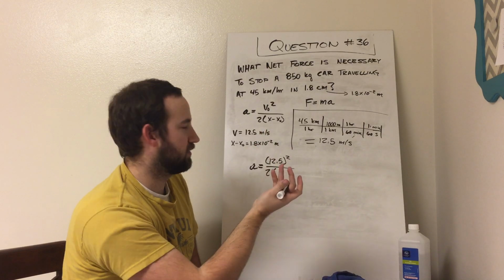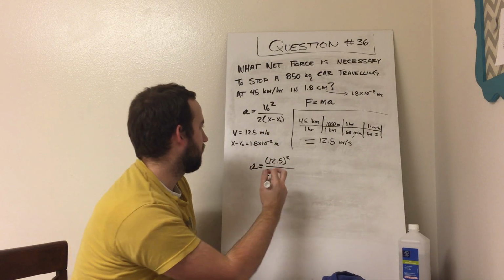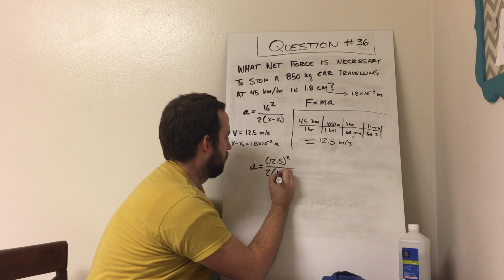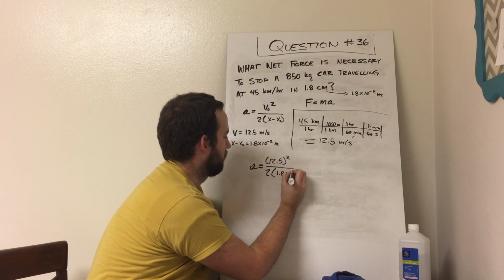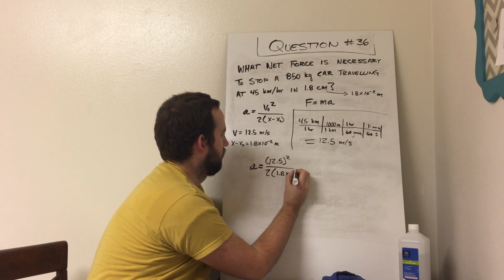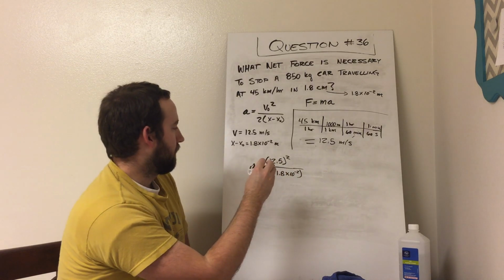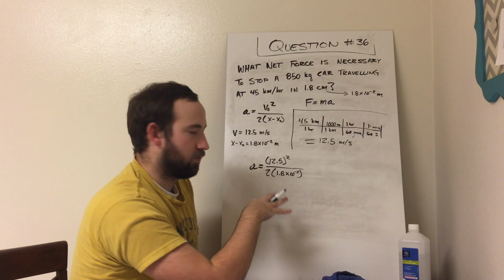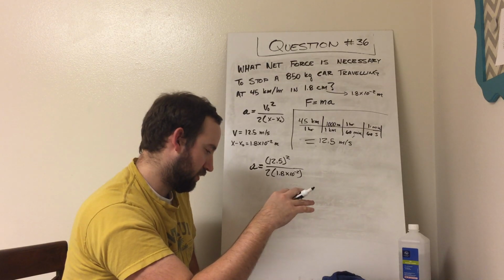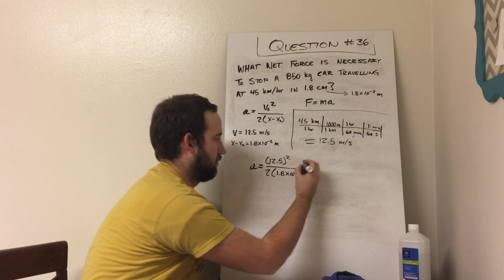And we know that the distance is the diameter of the dime, so 1.8 times 10 to the negative 2. And so when we do this in the calculator, we end up with